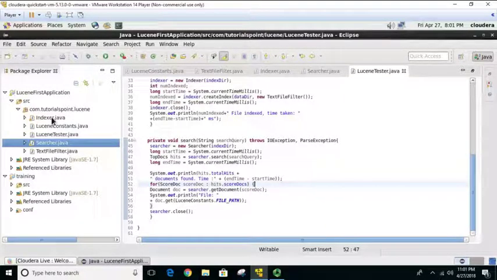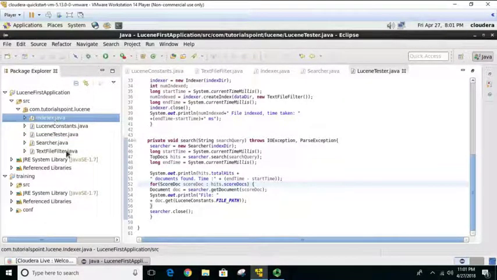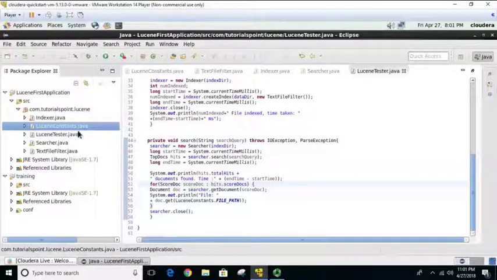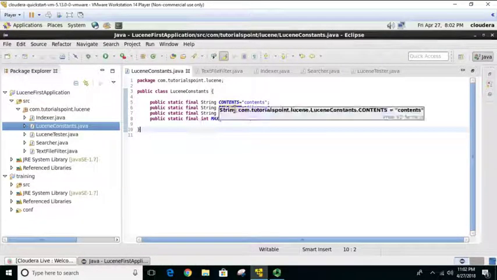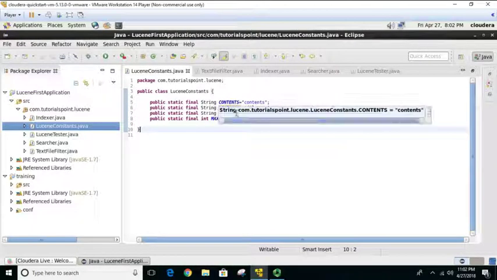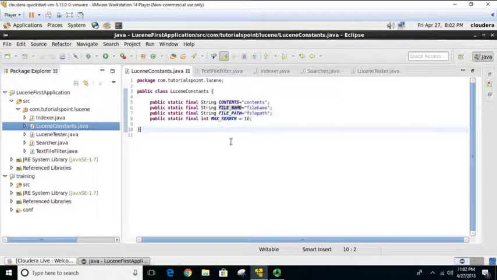The first one is the LuceneConstants Java class. This class is used to specify the constants used in our application. Here we have created 4 different static variables: contents, file name, file path, and max search. Based on these constants, Lucene will perform the search